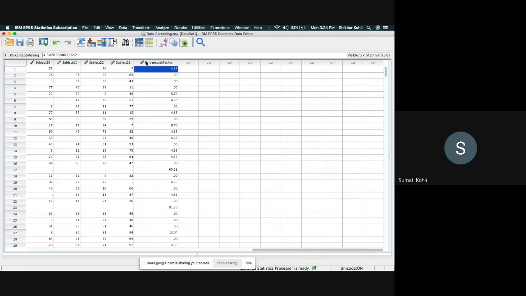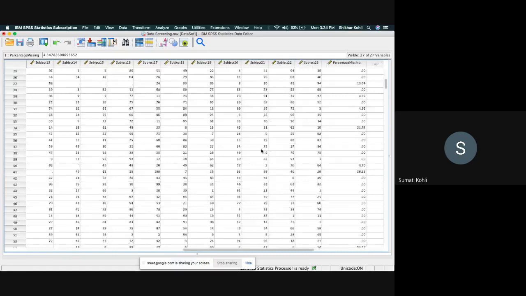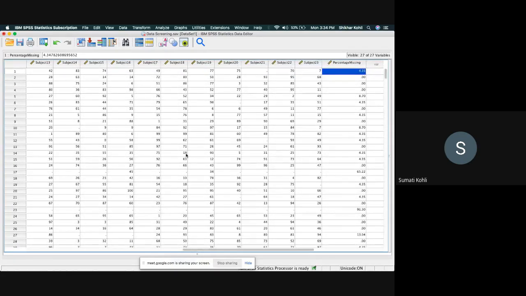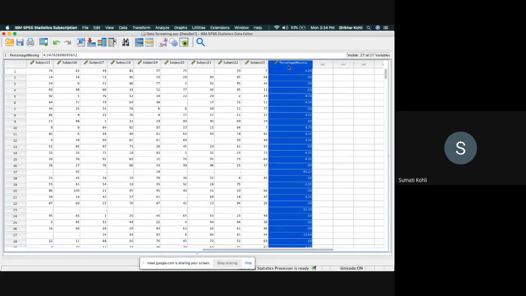The next thing that we are going to do is, because it is very difficult for us to go over this manually and check which student has more than 5% data missing. If we go one by one like this, we have around 400 students. It's going to be very tough. So like we did in Excel, we sorted the percentage column. In the same way, we are going to sort this column as well, right?